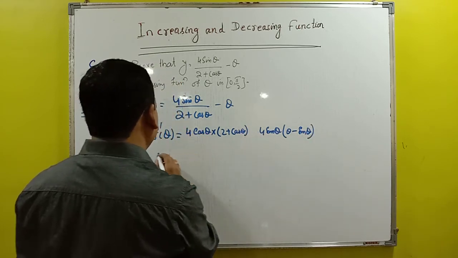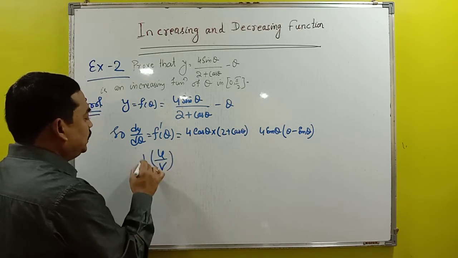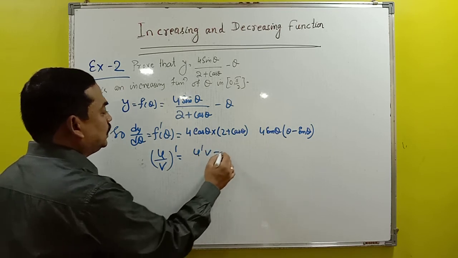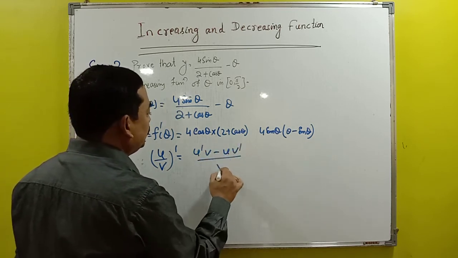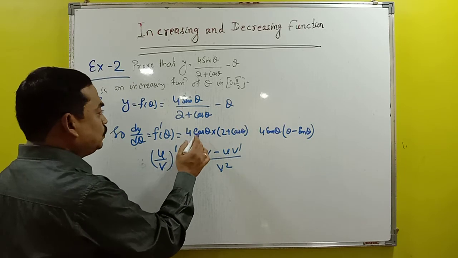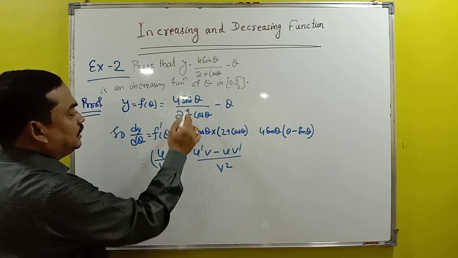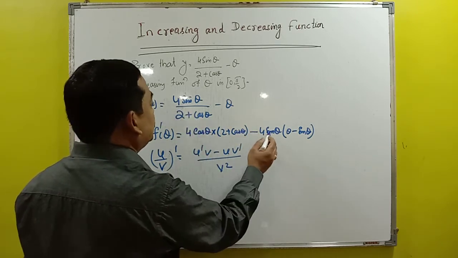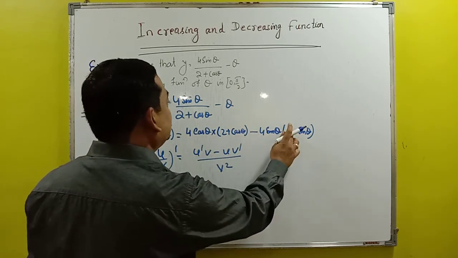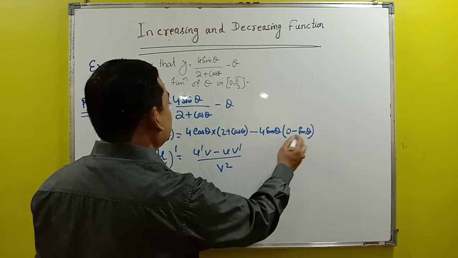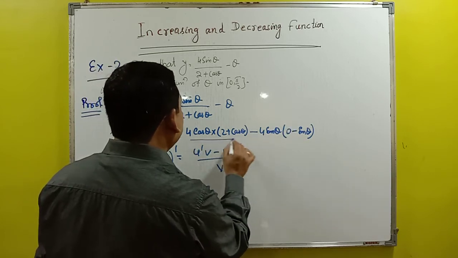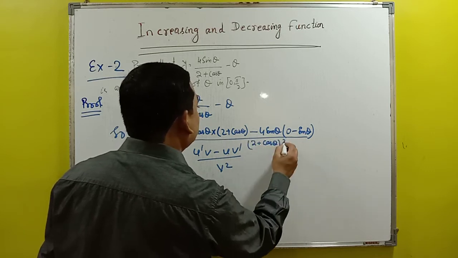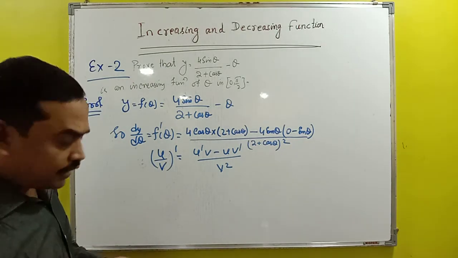Your quotient rule, na? Quotient rule is u by v derivative whole dash is what? U dash v constant minus u v dash upon v square. So by this rule, it is 4 sin theta derivative cos theta, 2 plus cos theta constant, minus this 4 sin theta constant, and this derivative, 2 derivative is 0, it is 0 minus sin theta, upon this will be 2 plus cos theta whole square. You put it in the bracket,